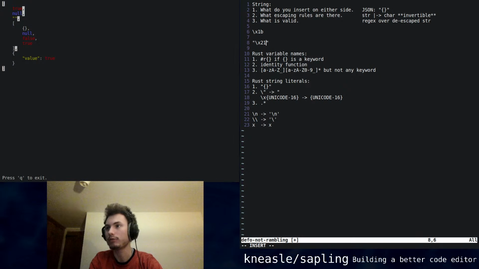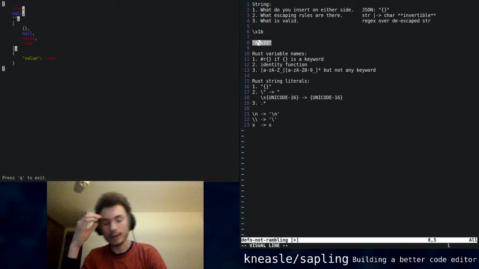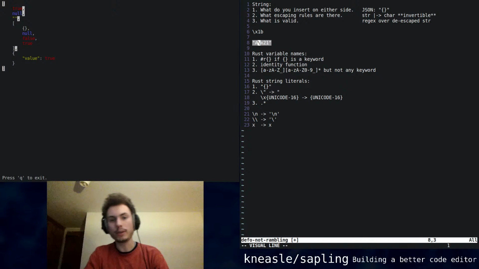65 is 2-1, right, in hex. So what I'm basically thinking about is, let's say Sapling encounters this. What can we think of that's like, we've got A and then A but written as a Unicode escape, right? What I don't really want is for Sapling, when you open this and start editing the